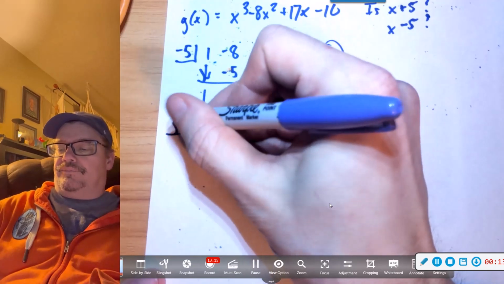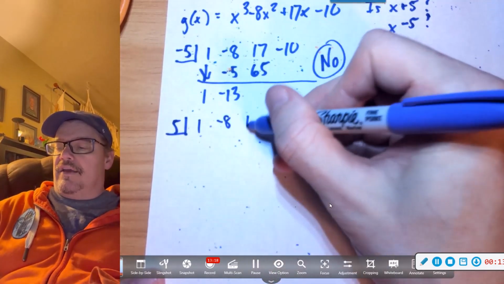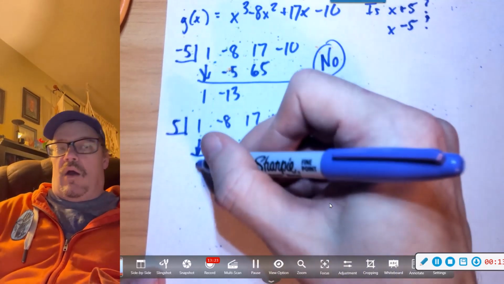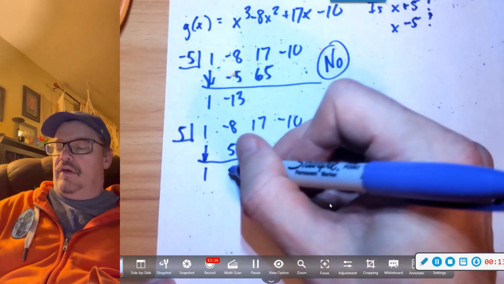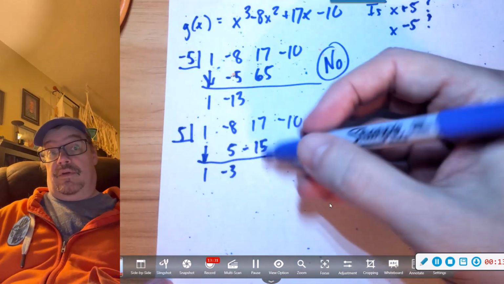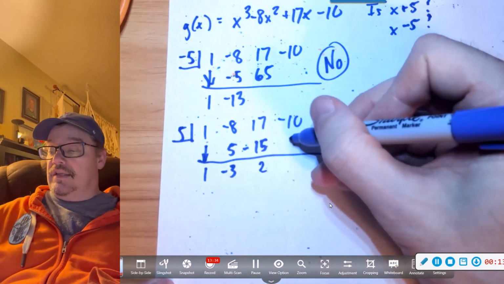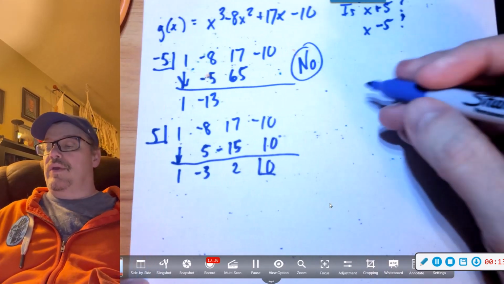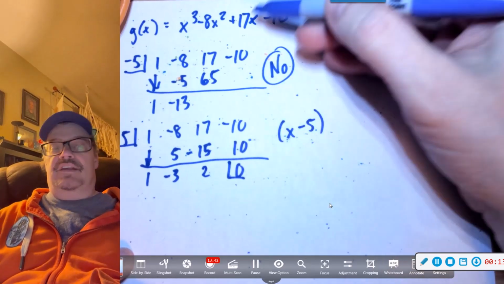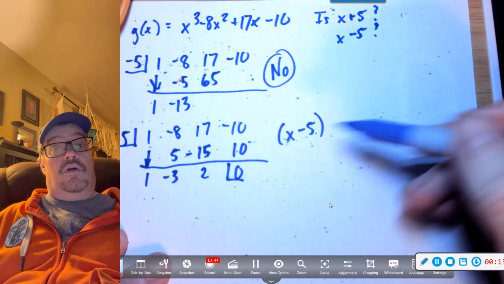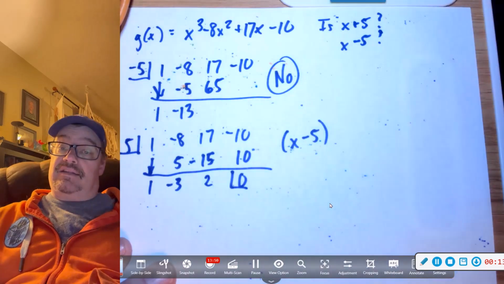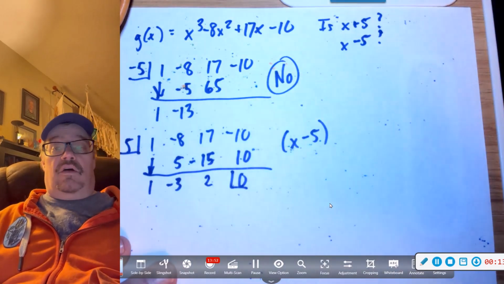But let's check 5. 1, -8, 17, -10. So run it through the algorithm, and we got 1, 5, -3, 15. Okay, so this is a little, okay, there we go. +2, there it is, 10. And that is 0. So we can say that x minus 5 is a factor of this polynomial. Now, we don't know the other thing that it multiplies to get that, but we do know that this goes in evenly, and that's taking us halfway through the battle, and that's all that you need to know for this